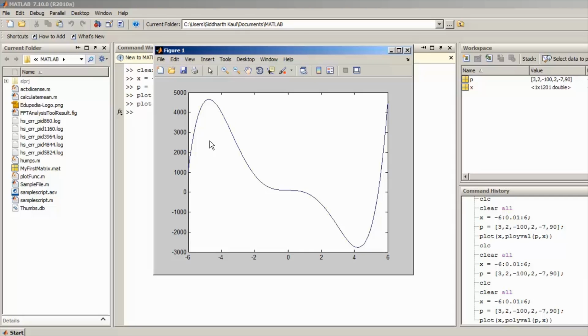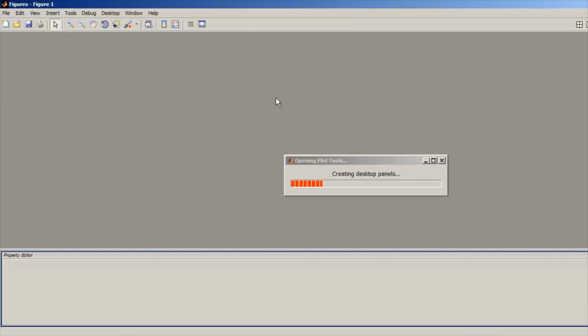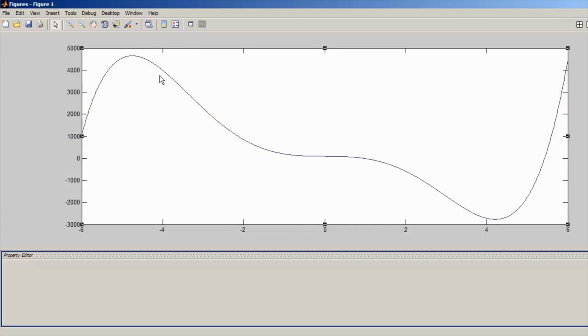Plots. So MATLAB allows us to interact with the plots. Let us see how it does that. So we have the select tool where we can select either the plot or we can select the background. So double clicking on them will allow us to edit it. So it will open the plot tools and it will allow us to edit the plot in the way we want. So for each of the things it will have a property editor or something like that.